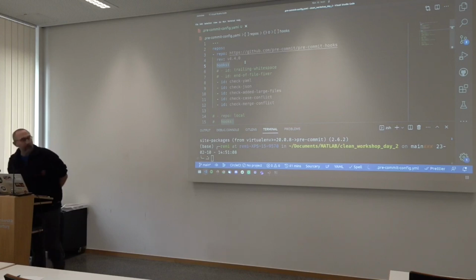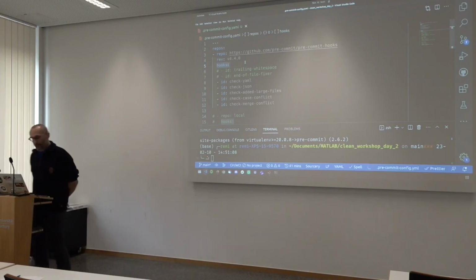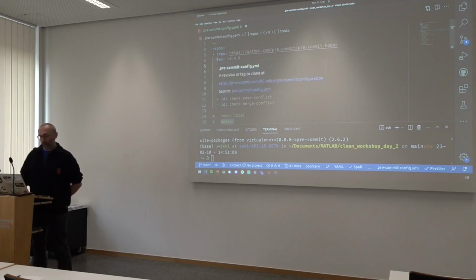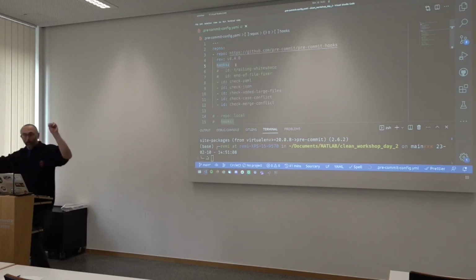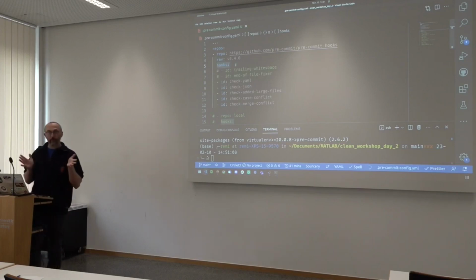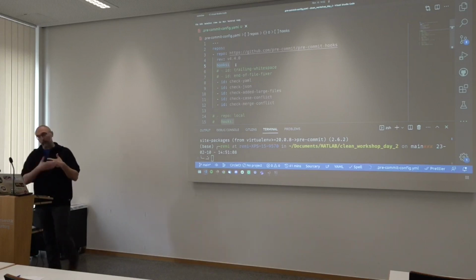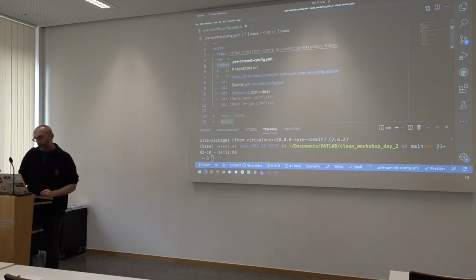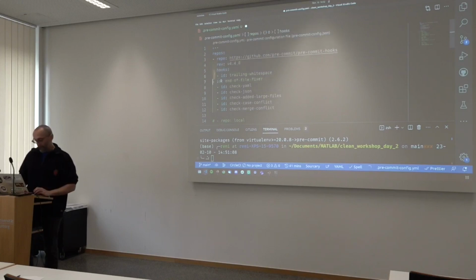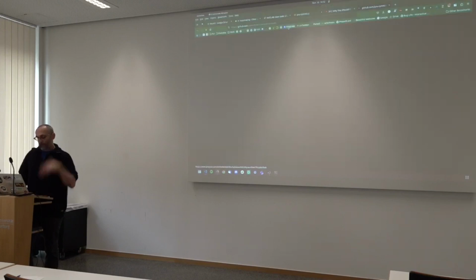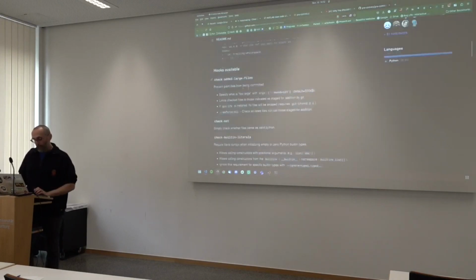The way the pre-commit configuration file looks is that you have a list of repos, or repositories, with their URL, the version you want to use, and a list of what are called hooks, which are pretty much rules that you want to apply automatically to your code. The pre-commit package itself has a list of rules that you can use for your code. If you want to know more, you can usually click on the URL to see a description of what all those hooks actually do. I'm going to give you a quick explanation.